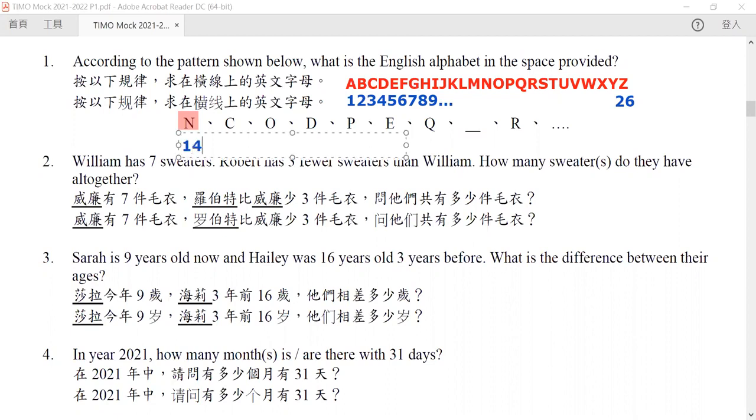So we can convert it into the number 14. Once we convert all of them, you can see it is much easier for you to know what are the